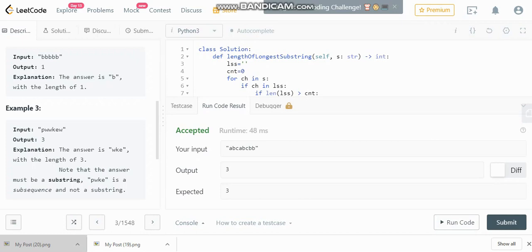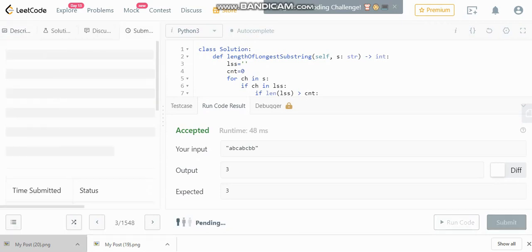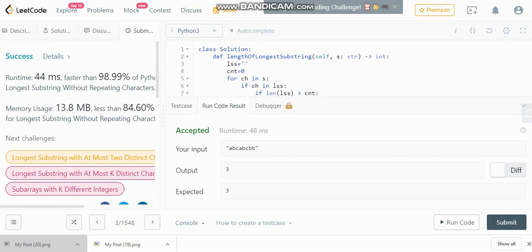So it is accepted. Now keep our fingers crossed and let's submit it. Yeah, boom, it is accepted and it is faster than 98.99% of Python submissions.